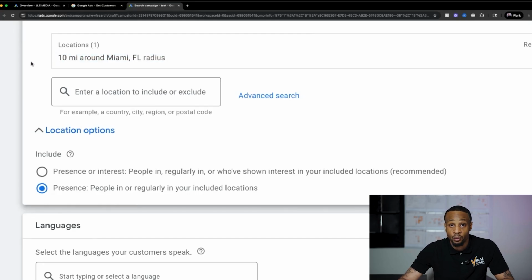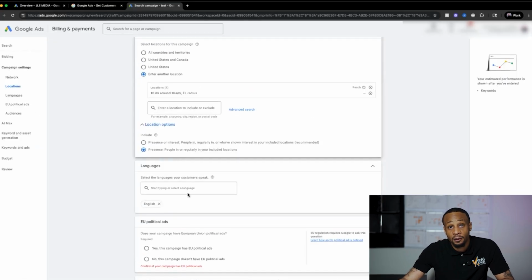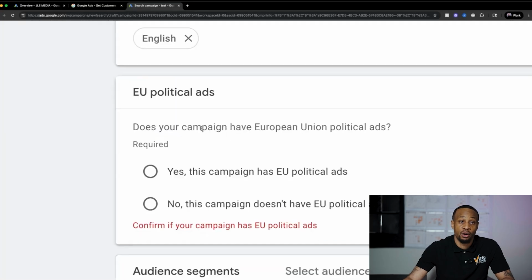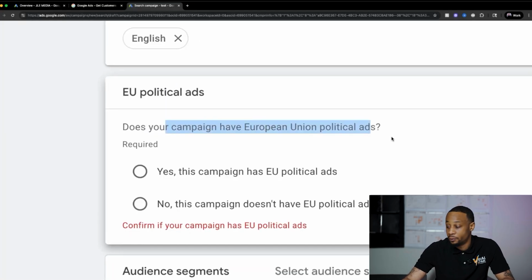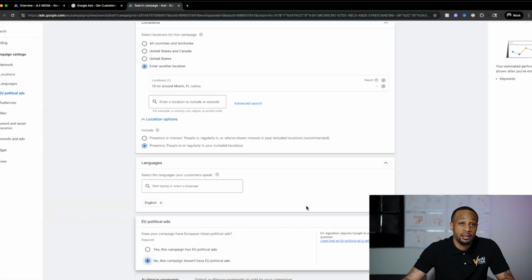They're likely to need our services. And we scroll down. These are the languages right here. They're pretty self-explanatory. I just target a language that we want, and we go from there. So if you're not running political ads,